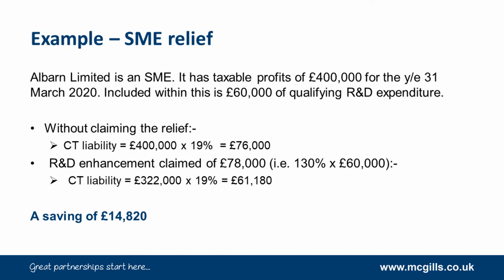Therefore, the corporation tax liability would be 322,000 multiplied by 19%, which is a corporation tax liability of £61,180. And so if we compare what we would have paid, 76,000, versus what we would pay if we had the R&D claim on there, 61,180, then we're looking at a saving of